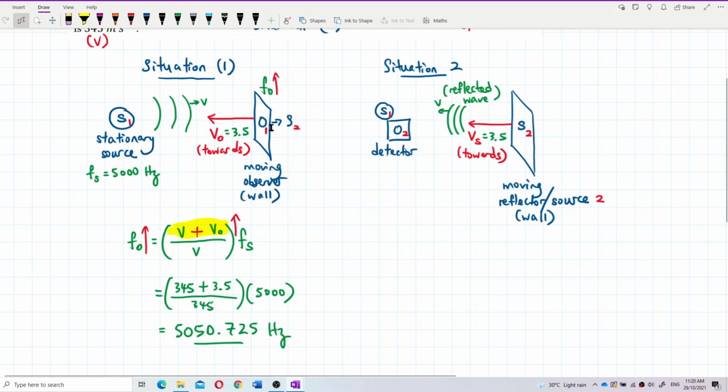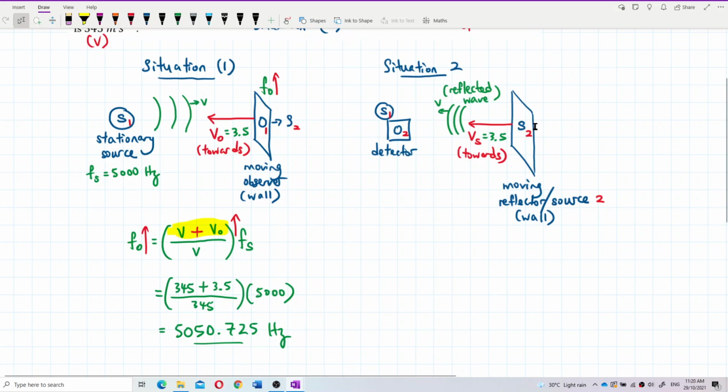And this observer, this wall, reflects all the incoming waves. So it becomes the source too. Understand? Now we do another process. Now the observer is stationary. In situation 2, the detector, observer 2, is stationary, and the wall that reflects the wave